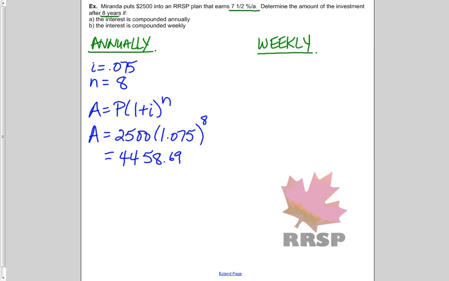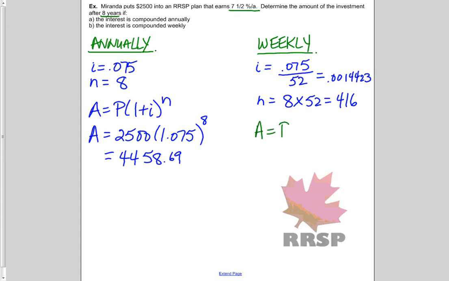If you compound it weekly, both the I and the N will change. Your I, which was 0.075 per year, and if it's compounded weekly, is divided by 52. 0.075 divided by 52, and the more you can leave in your calculator, the better. 0.001442307. The number of times the interest is calculated is 8 years, and 52 times each year will be 416 times that your interest is compounded, added to your principal